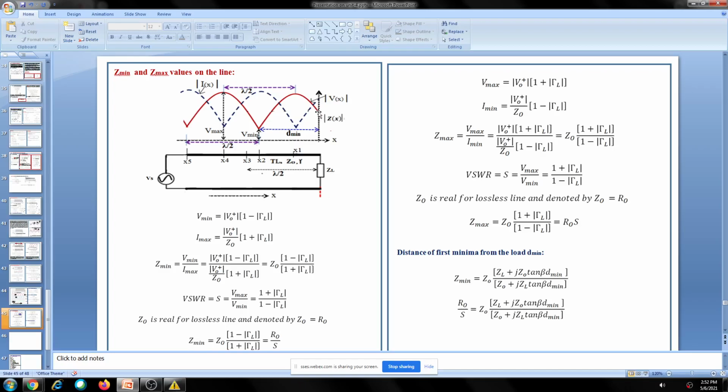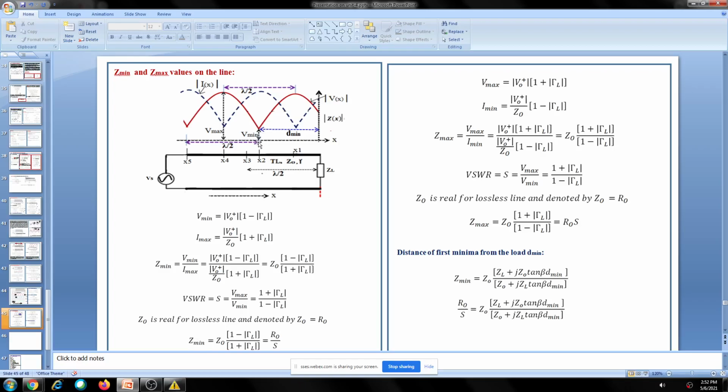It is some value. But if you move from the load point towards the source, like this, we will be getting maximum voltage at this position, at x1. If you move further, voltage decreases and minimum you will be getting here, but it is not equal to 0. Minima is not equal to 0. It is taking some value. See, this is 0 point, this is the y-axis, 0 value is voltage 0. But this minima is not coinciding with the 0. It takes some value.